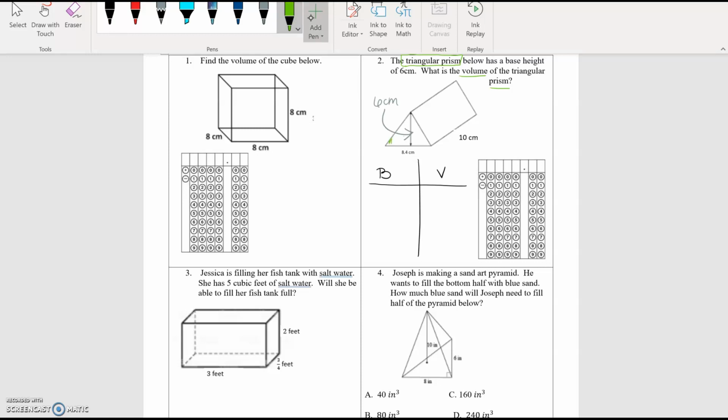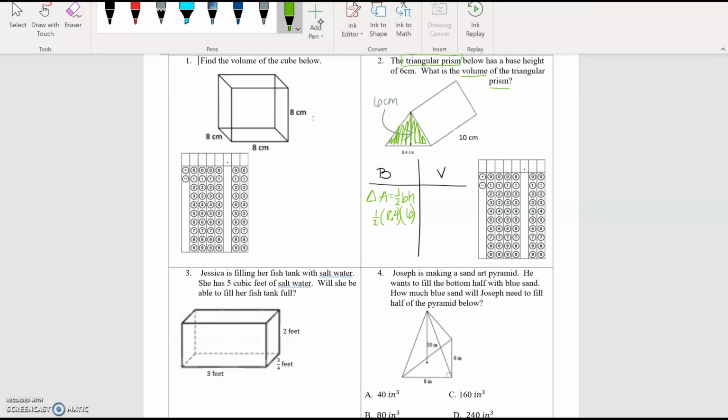And I need to shade in my base. So my base is a triangle, which I know from the name and looking at the picture. Okay, so I am going to solve for area of the base. So since it's a triangle, I'm going to look at my formula chart. I know that area equals 1/2 base times height. So I'm looking here at the colored portion. So the base of my triangle is 8.4. So 1/2 times 8.4 times height,